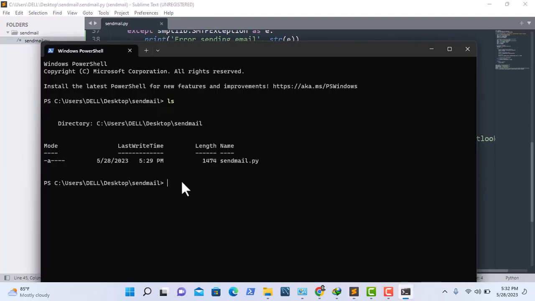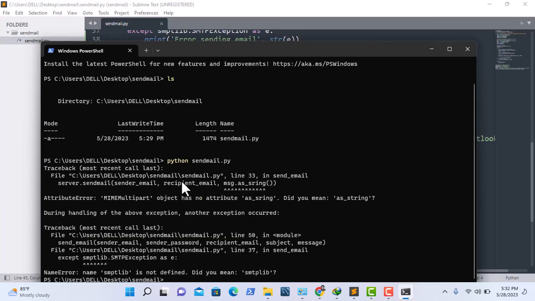I'm going to run or execute this by saying Python followed by the name of your file. So sendmail.py. So if I hit enter, let's wait for a success message. Oops, it says attribute main multipath object has no attributes as strange. Oh, did you mean as strange? So we had